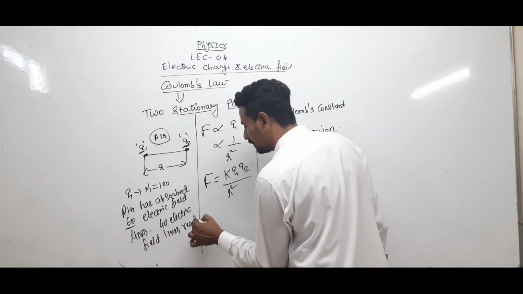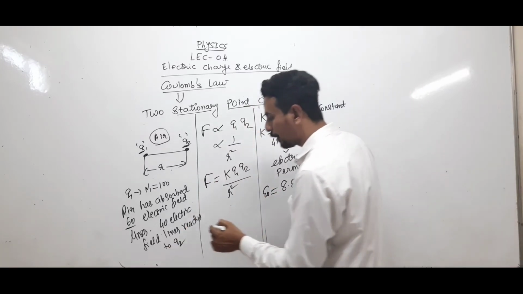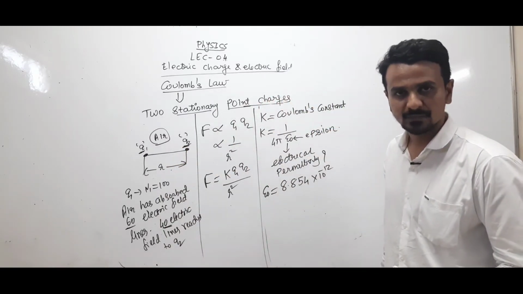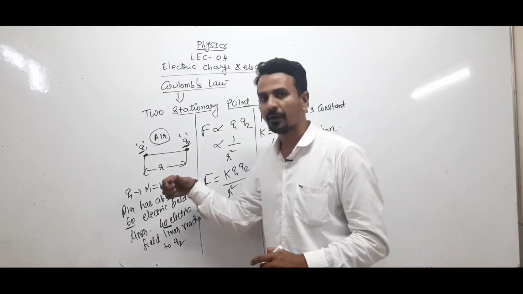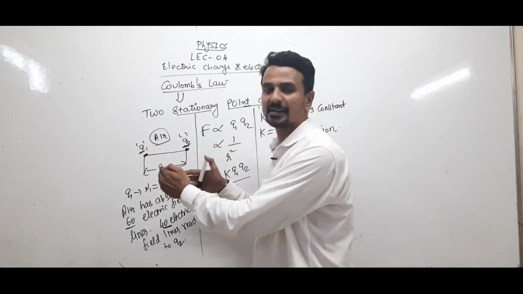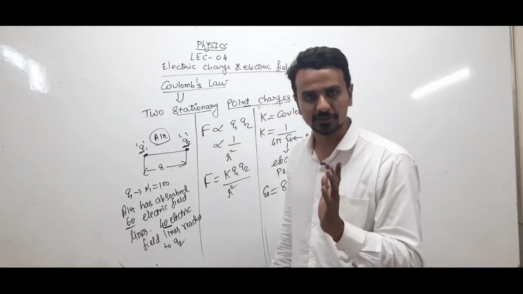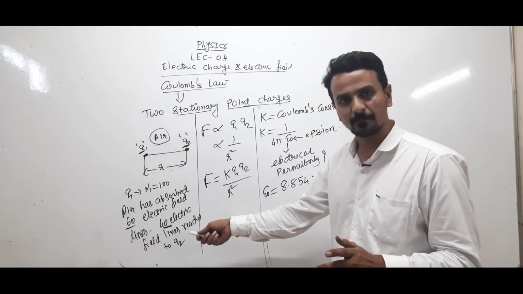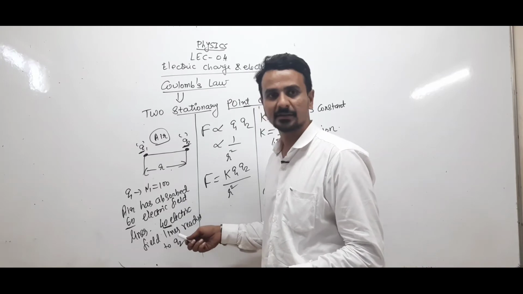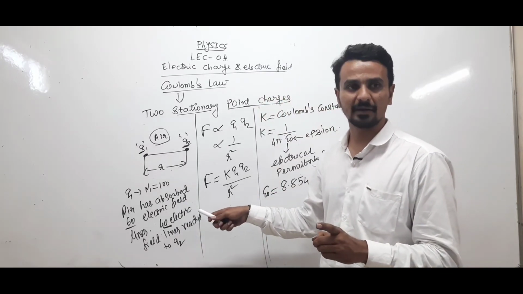reach Q2. And because of these 40 electric field lines, charge Q2 will experience a force. The number of field lines which reach another charge determines the force that charge experiences. So in this example, Q2 will experience a force because of these 40 electric field lines. But 40 is not known as permittivity. 60 is known as permittivity, right?